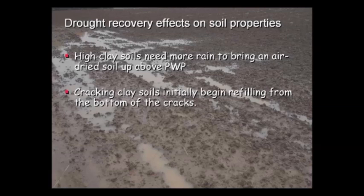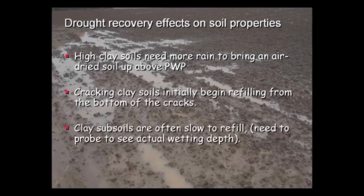It's interesting also, or important to note, that these clay subsoils, not just in heavy clay soils, but often in duplex soils, some of the clay subsoils are very slow to refill. They have a slow infiltration rate. So just because you've had a fair bit of rain, don't necessarily assume that the profile's full straight away. You need to actually probe the soil and see where the actual wetting depth has got to,